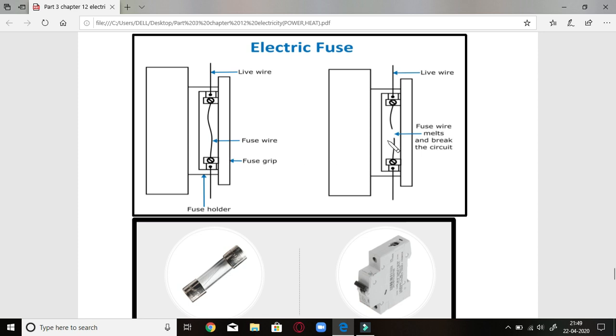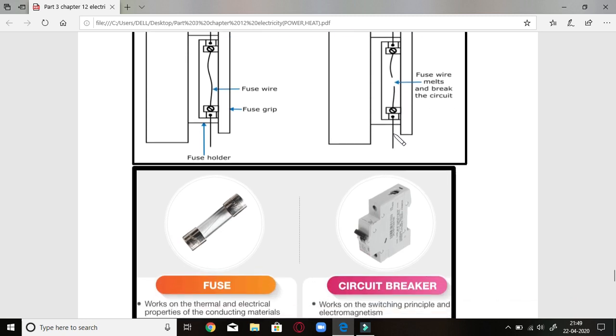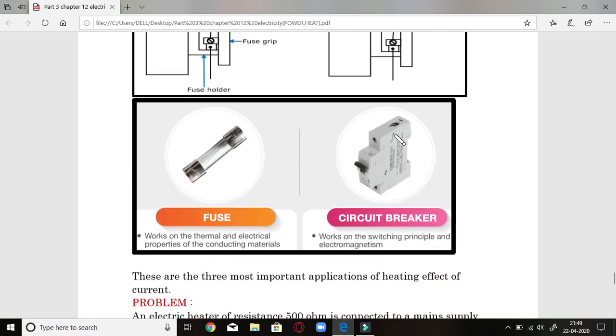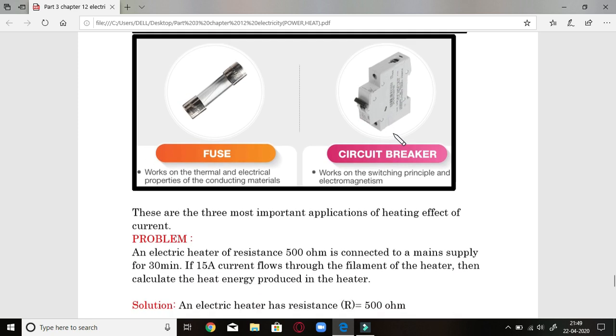Now when it gets heated up too much, this tin plated wire heats up fast, and along with that the current rises and it breaks. Okay, this is how it works, and it breaks all the circuits in our houses. Now you know that small fuses like these are used these days. You can see there is a very thin tin wire here, and along with that circuit breakers are also used in our houses these days.